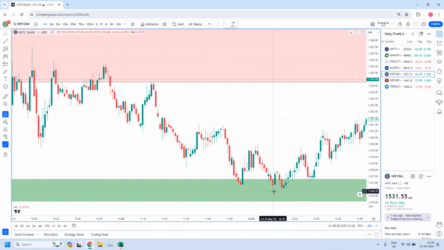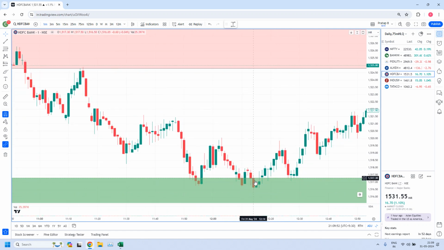Still if I am thinking, okay, let me wait for some more time. Again see here, it created another drop base rally. Here itself I should take a decision. Even if I miss it, the next time when it comes, I have to take the exit. See, again it picked up and moved. Last time it gave you an opportunity. If you don't exit from here, definitely